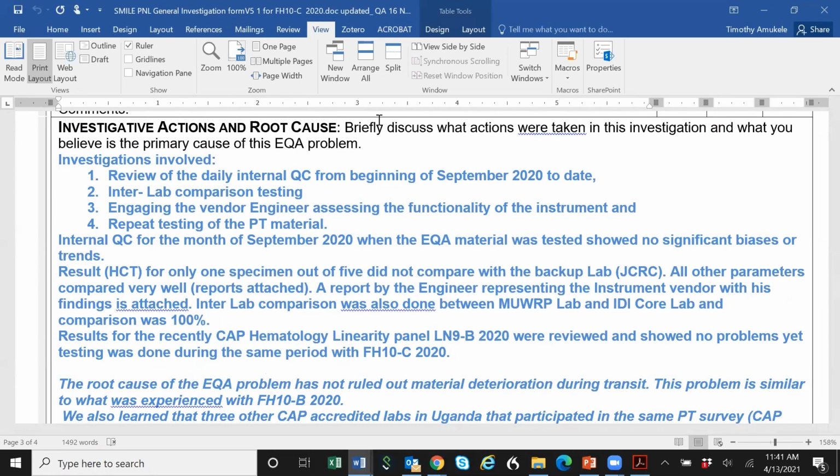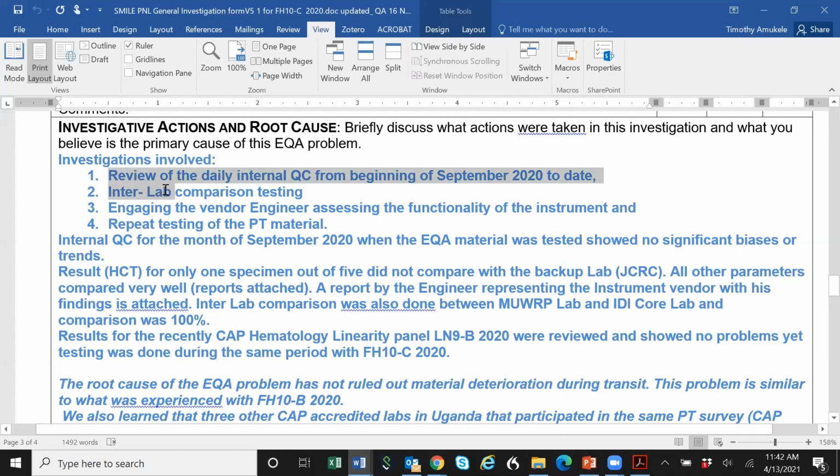I see a lot of questions coming in, so let me just finish this and then I'll pause for questions. Again, you have this in your email, so you can go through it on your own, but it says we reviewed daily QC. We did interlab comparison testing, which someone had asked about before: we took some samples and sent them to our sister lab there on the hill in Kampala. We engaged the engineer. We repeated the PT testing material, and then he goes on to describe in narrative what we did,